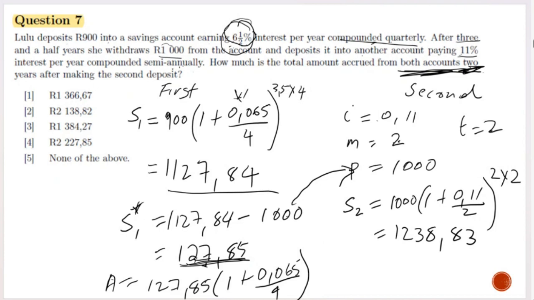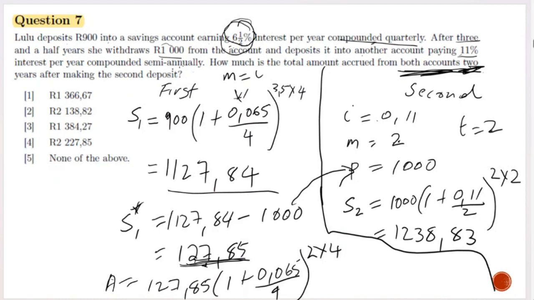So now after 2 years, you're going to have 2 multiplied by 4. Remember, the first account is compounding quarterly, so anything happening at Standard Bank needs to continue according to the original rules of Standard Bank. So the accumulated amount in this first account is going to be